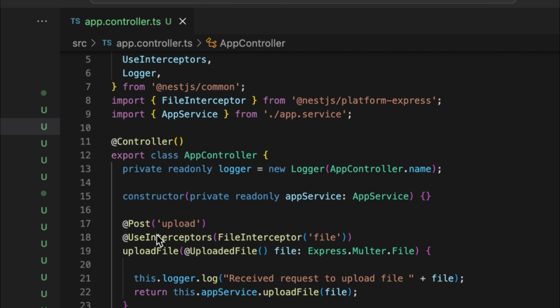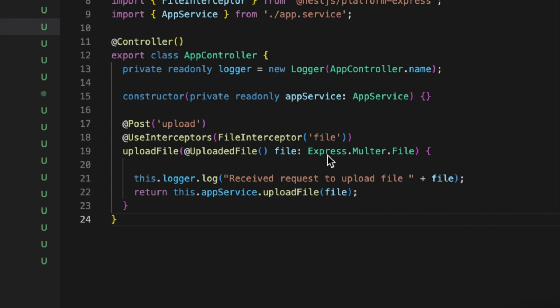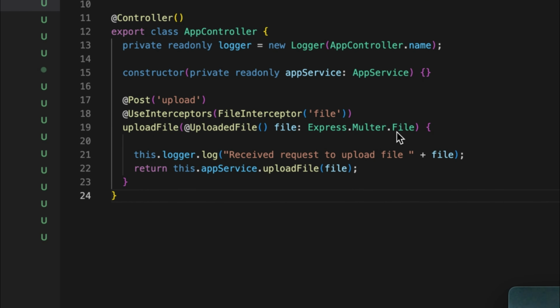The most important part here is defining a post endpoint, that is upload. So /upload will be my endpoint to call this function, and here it is accepting input of type file, and I'm using express.multer.file. That means it will accept a file as a part of this input,